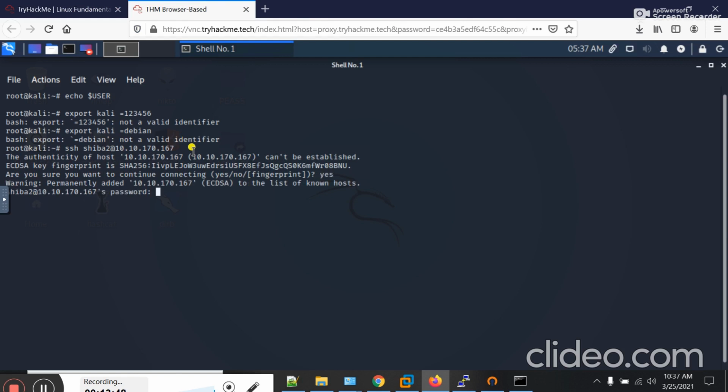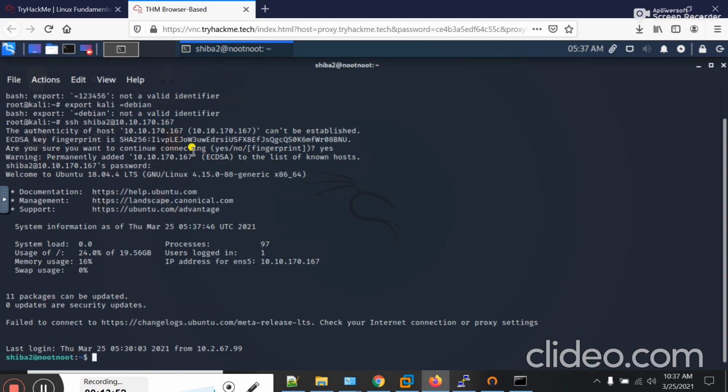Yes, press enter. Now we are successfully SSH to the machine by using Kali.